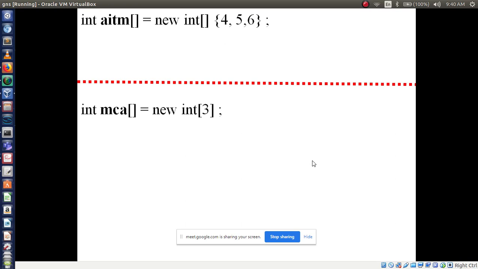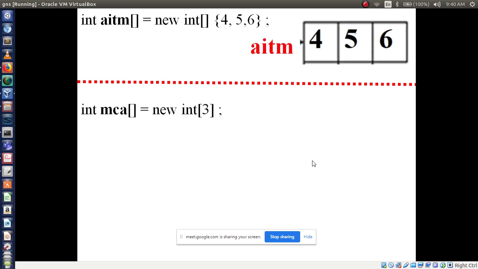So we are referencing one array to another array. See, AITM has elements. How many elements? 3 elements. Those elements are 4, 5, 6. Right? Now MCA, how many elements does it have?